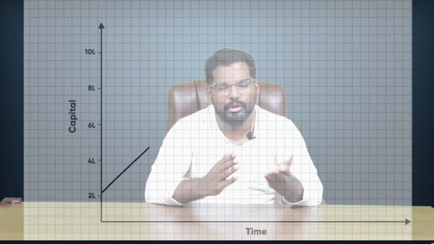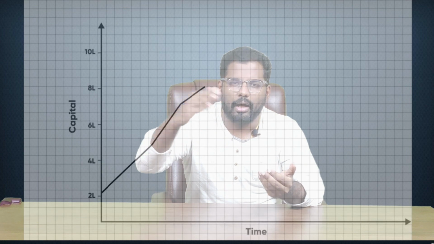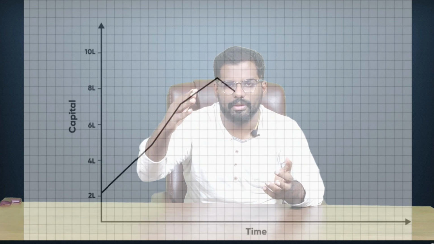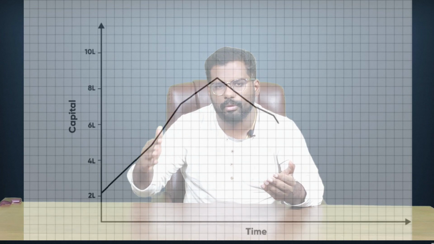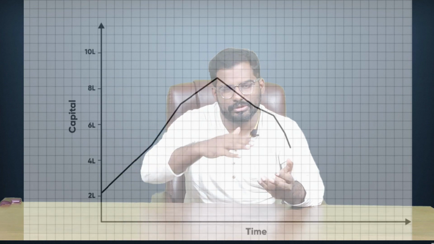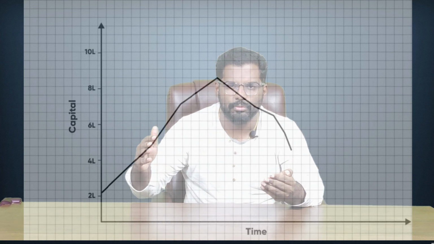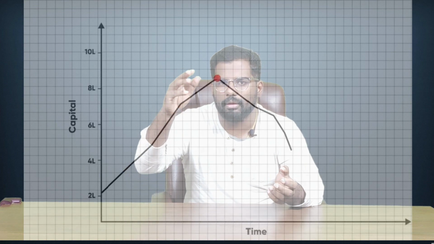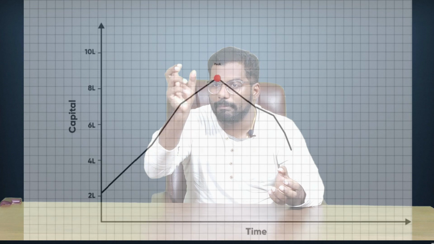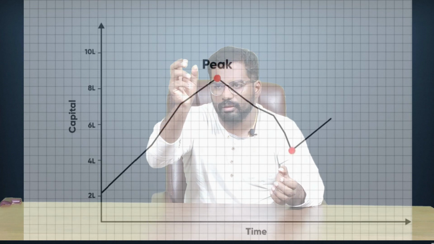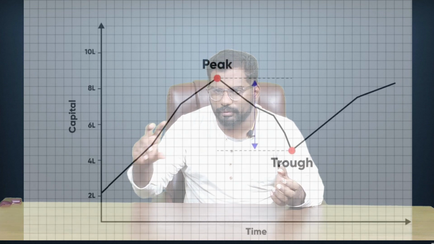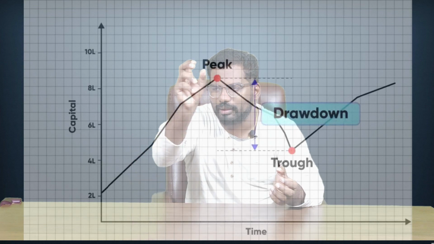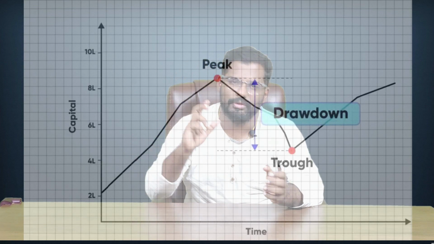Say you start trading with some X amount of capital, you make profits and it grows. After a point you start making losses, it eats your capital, it depreciates your capital, and again from another lower point you bounce back. This is the normal phenomenon every trader goes through. The point where your account value is the maximum is called the peak, and the lowest point which you have fallen to before bouncing back is called the trough. The difference between this peak and this trough in percentage terms is known as the drawdown.